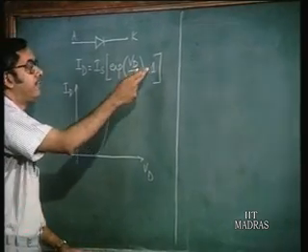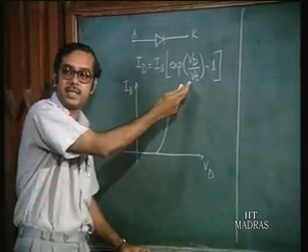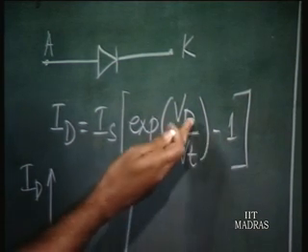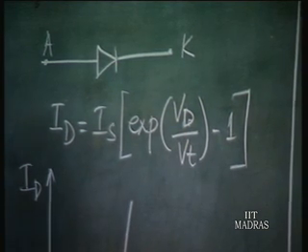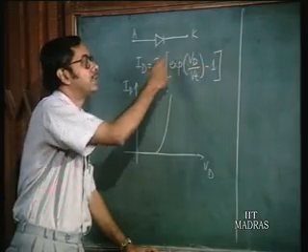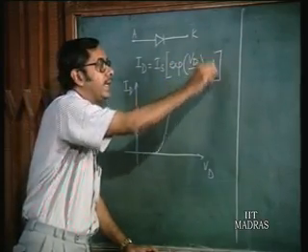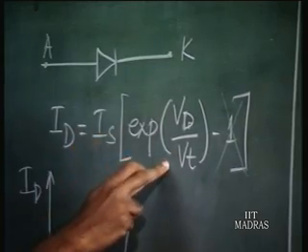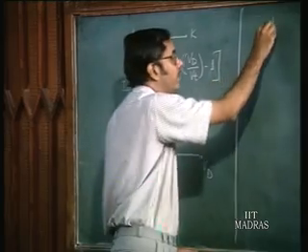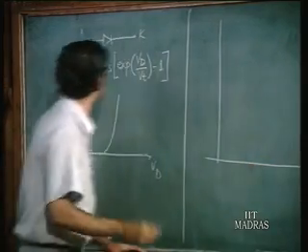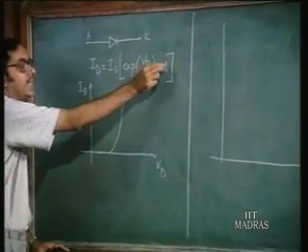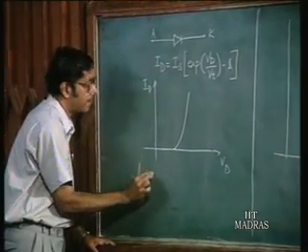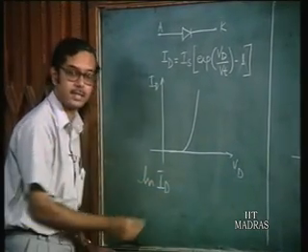In order to extract this, you see that if Vd is much larger than Vt, where Vt is only about 26 millivolts at room temperature, so if Vd is say a few hundred millivolts, this term becomes much larger than 1. So, we can neglect this one, and so we have an exponential relationship. So, if 1 is neglected, you have ln of Id is equal to